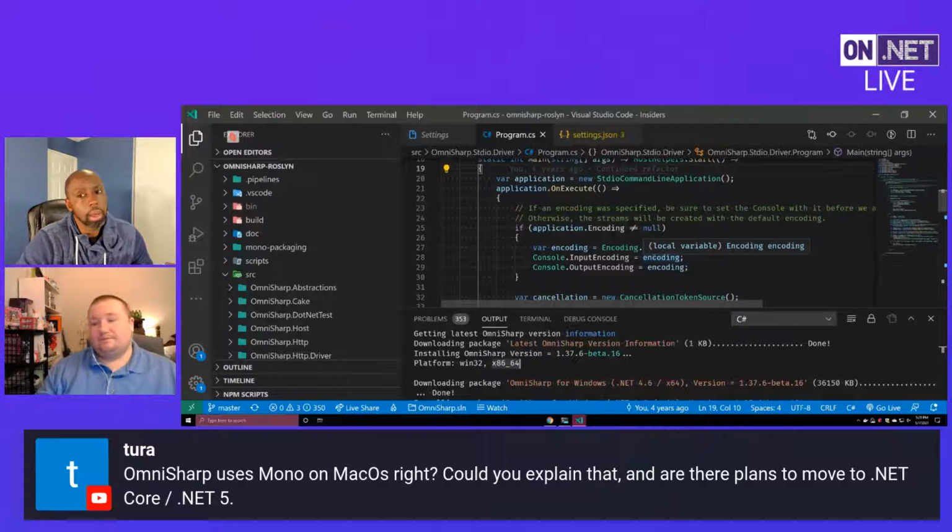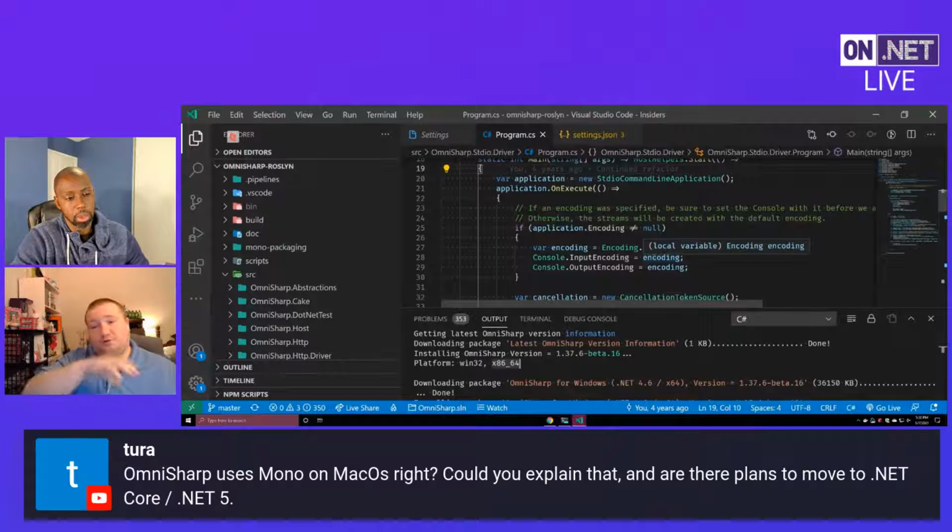Right. So we know this works in VS Code. Is OmniSharp in Visual Studio proper, like Visual Studio for Mac and VS also, or is that not needed there? No, so it's Visual Studio proper and Visual Studio for Mac. Those are all built by Microsoft, and so they have their own tooling built around Roslyn for that. Got it.